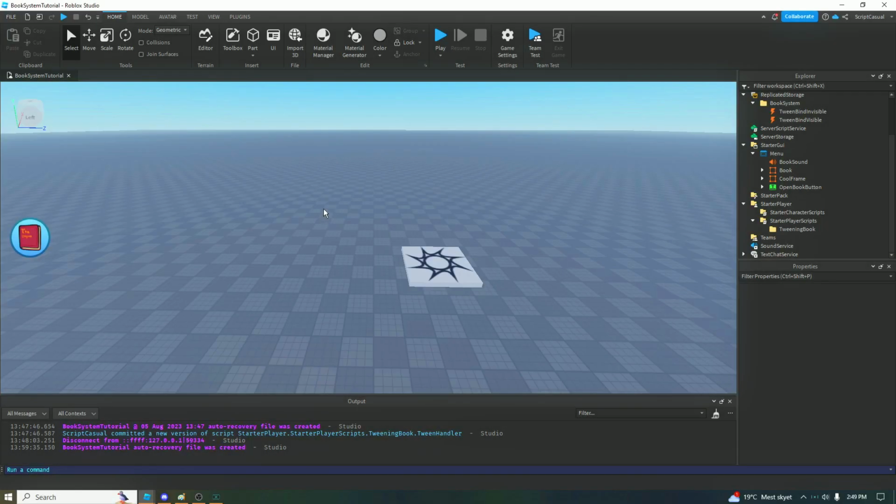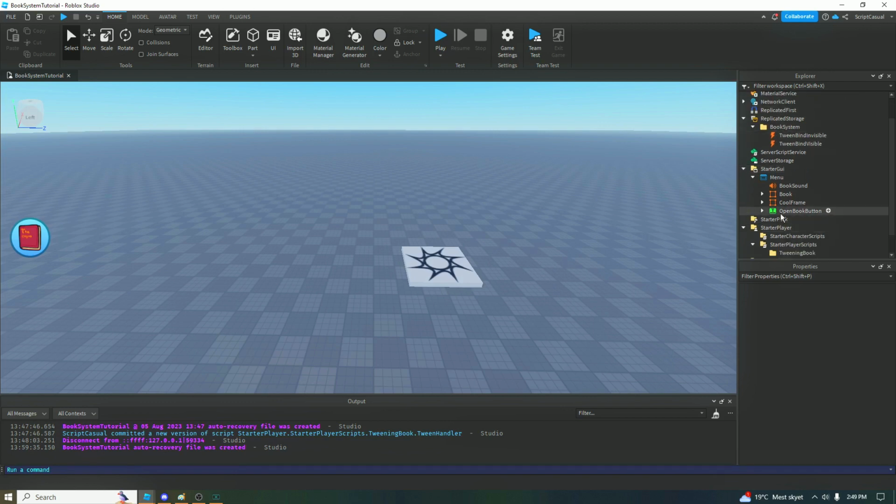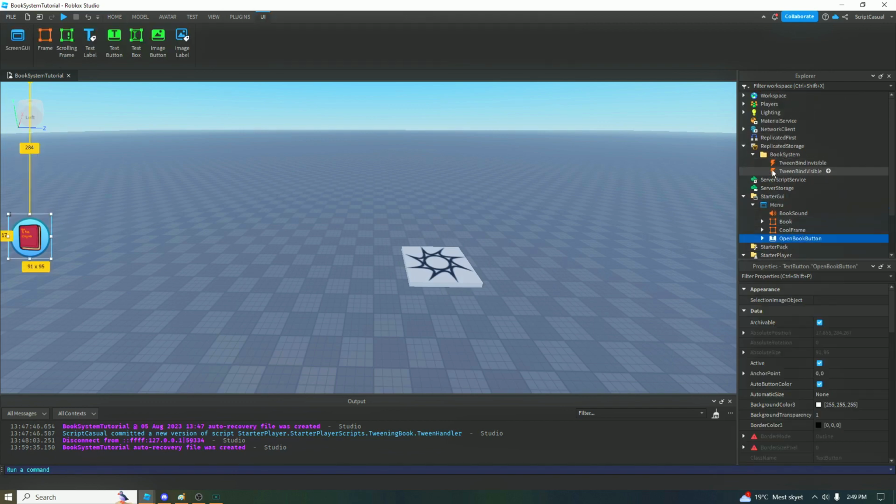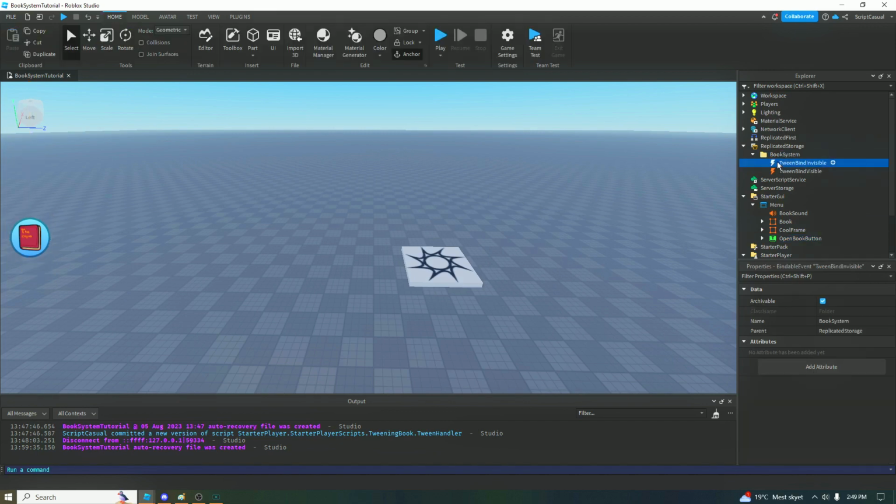Okay, so to get started, what you need is a menu GUI with a sound effect, and then you need your main GUI, and you need some sort of way to open up the GUI, and it has to be a button. Then inside replicated storage, you need a book system folder, and you need to add 2 bindable events. Usually you would do remote events, but this time we have to use bindables because